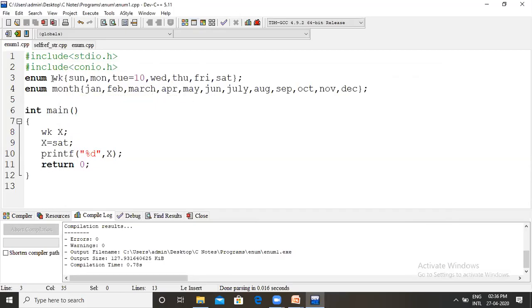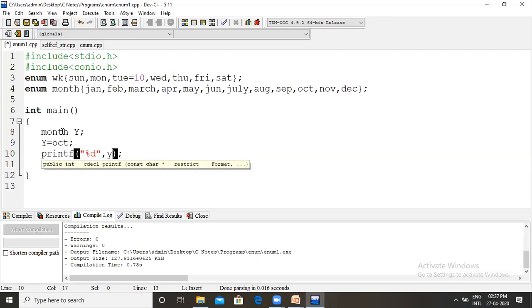Previously we were working with only week. Next we are working with month. Take a month variable, y. y equal to October. Then what is the value of October? Generally, that is the 10th month.